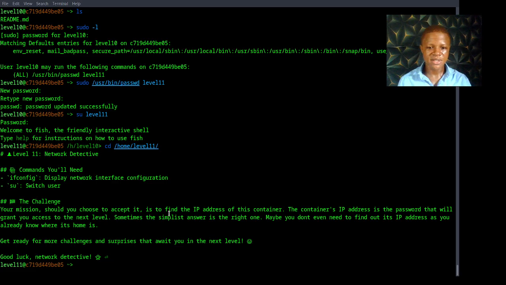Level 11 is telling us that the IP address of this container, we should find it, and that is going to be the password to the next level. This is also interesting. The command we'll be using is ifconfig. It is telling us that sometimes the simplest answer is the right one. Maybe you don't even need to find out its IP address, as we already know where its home is. So what we're going to do is say ifconfig,